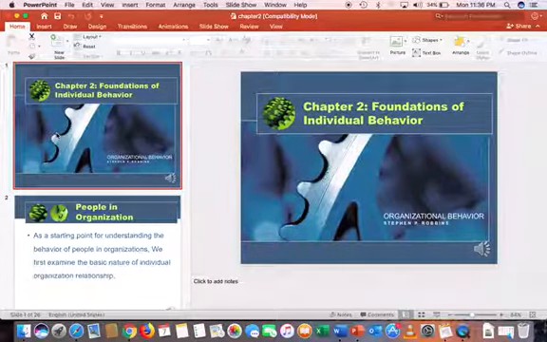What is the need of studying or understanding individual behavior? Some points I'm going to tell you. The first one is that it provides motivation. Secondly, it provides guidance. Thirdly, while conducting performance reviews, it's very important to understand the individual's behavior. To communicate successfully with others, one of the needs is understanding individual behavior. How to talk with a boss, how to talk with a manager, how to talk with a lower-level person. So understanding individual behavior is important.